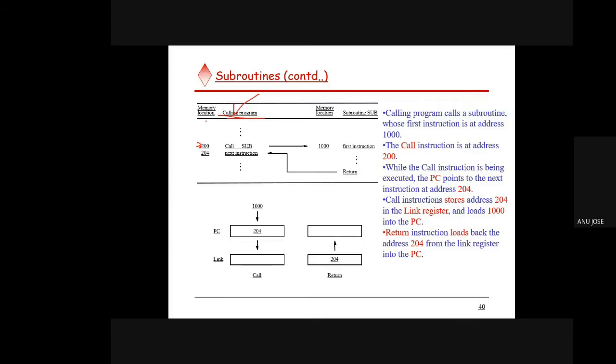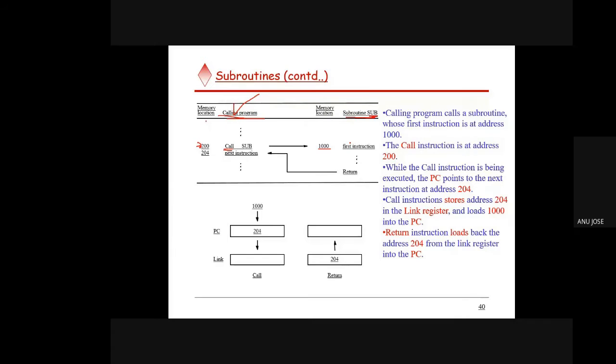So call sub is the instruction which will be calling a subroutine, calling a function. Call is the keyword used in assembly language programs. Call, then the function name is specified. So here call sub means that it is calling a subroutine. Like sub is just your USN number, your name. That is the function name being called by the main program. So the control will be going to the subroutine sub. This is subroutine sub, so the address is mentioned. The control will be going to 1000.